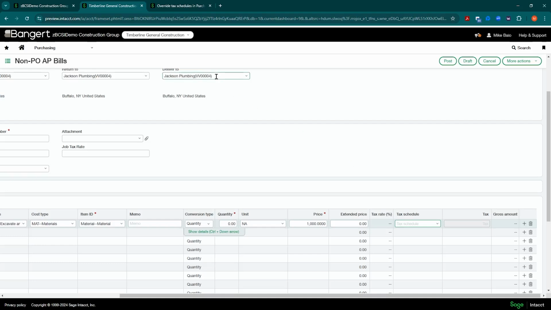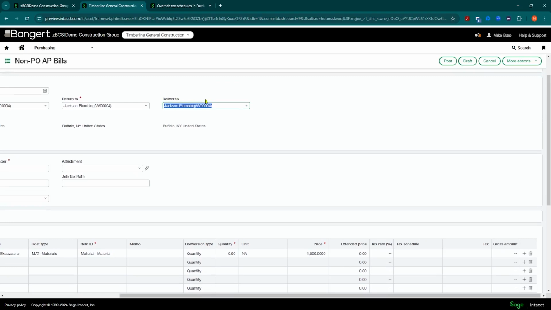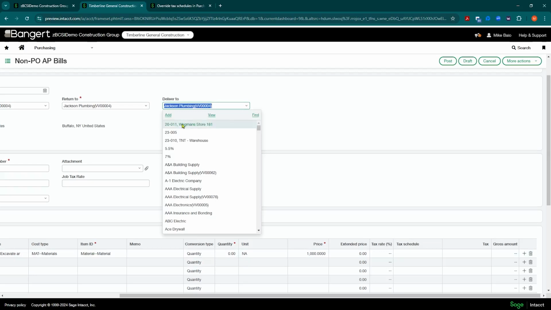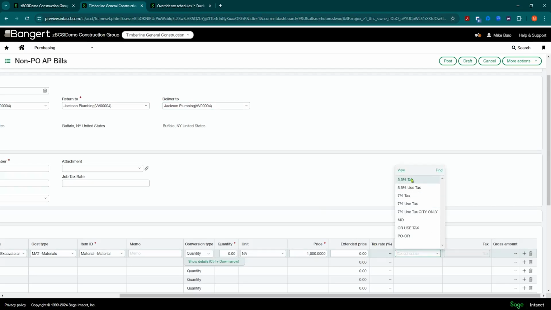Most likely it doesn't have the information on the contact tax group, on the contact record, or in the item, etc. But in order to fix that, you would have to go and flip the deliver to and all that. Now, the user can just come here and pull up a list of the tax schedules that you have already set up in your system and just pick the correct one.